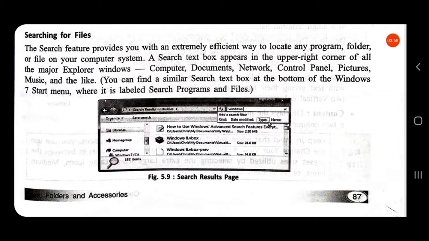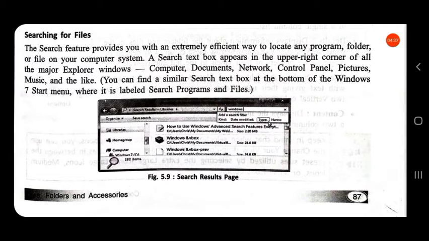A search text box appears in the upper right corner of all the major Explorer windows, where you can give the keyword to be searched. So computer or documents or network, control panel, pictures, music and the like.